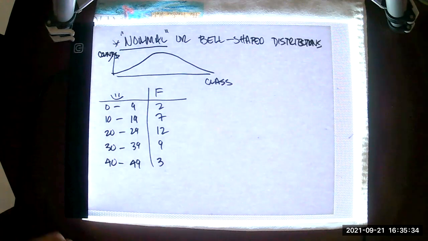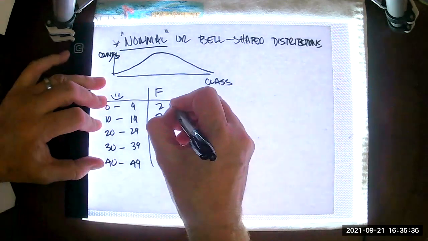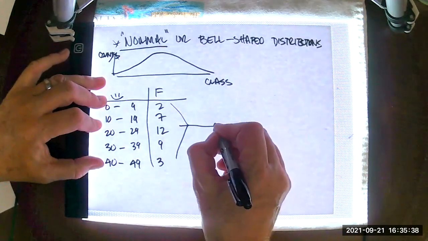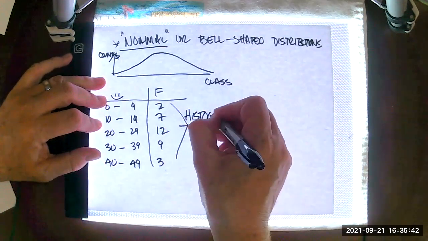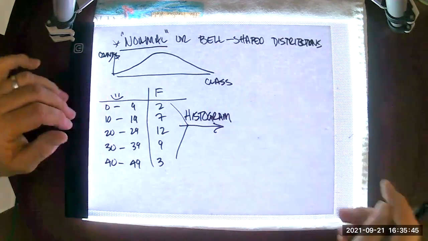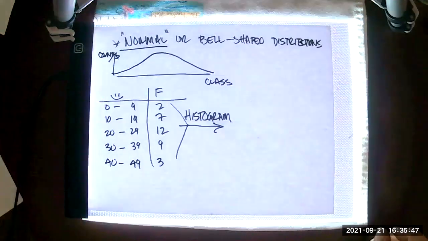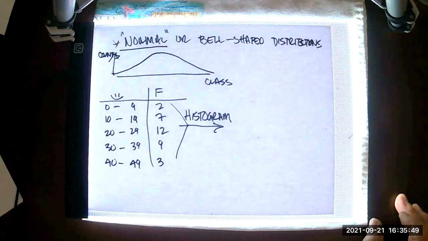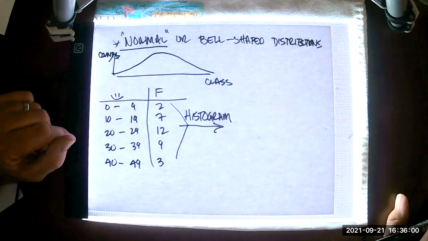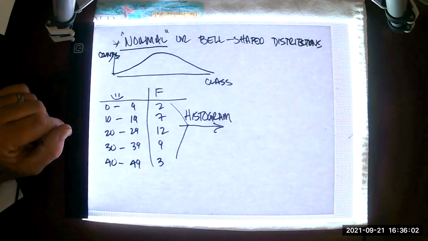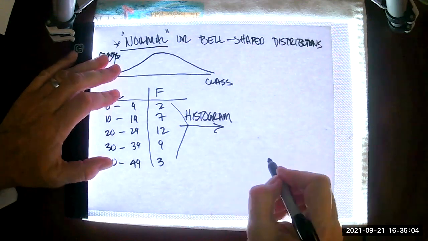Now, if I were to convert this to a histogram, we did not do much of this because it does not honestly work very well with your TI-84. It might work better with some other tools, but it's also so visual, and it can be really tedious to get the calculator to do what we want. I really don't cover this all that much. And don't worry, it doesn't sneak up on you in exams. If I do a histogram,